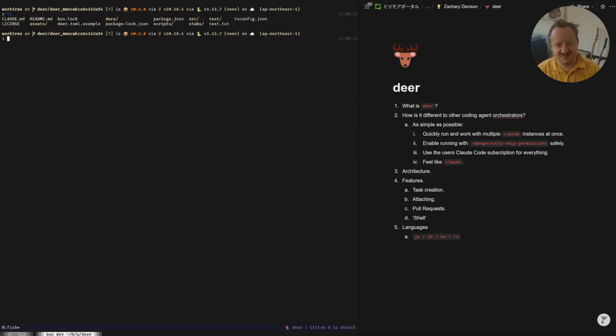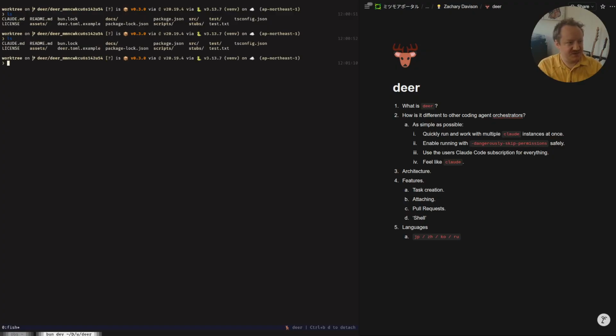This is essentially just as if we cd to the directory. So here we could do whatever we wanted, right? We could open some files in Vim, we can open VS Code, right? We could run the build, run the test, do whatever we need to do. Or we could run the server, right, and just test the actual functionality from within this directory.